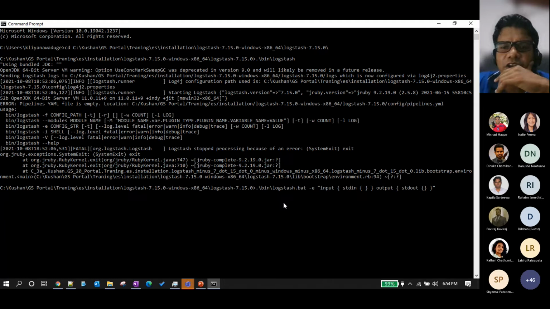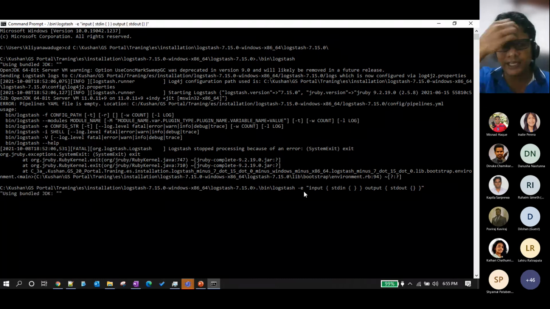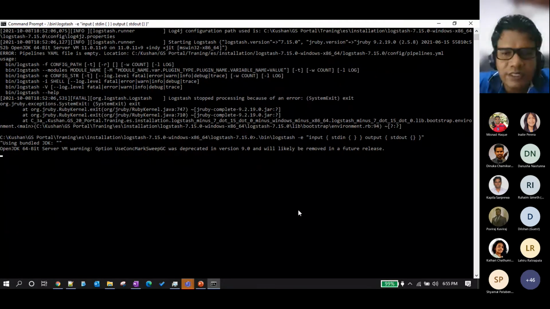With the -c option on the command line, you can define the operations that you want to do. If I enter this, now you can see the logs in stdout.